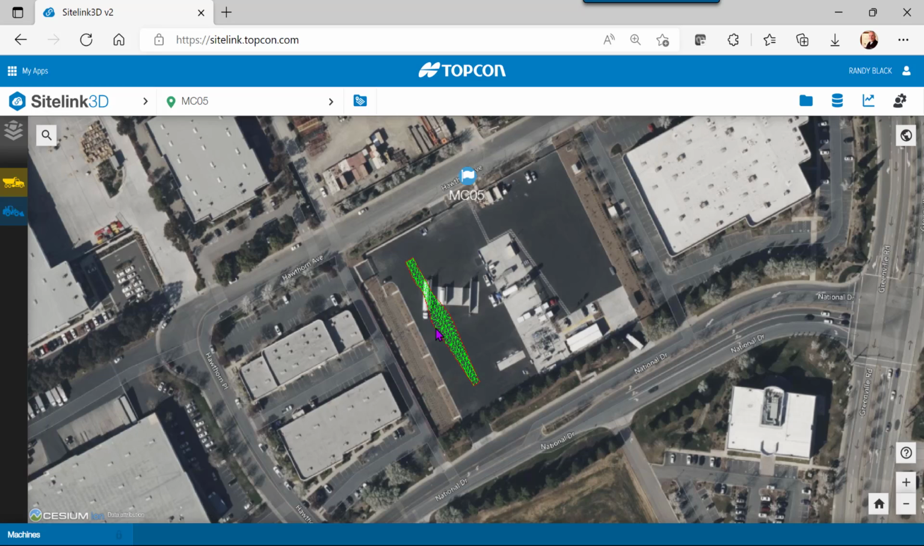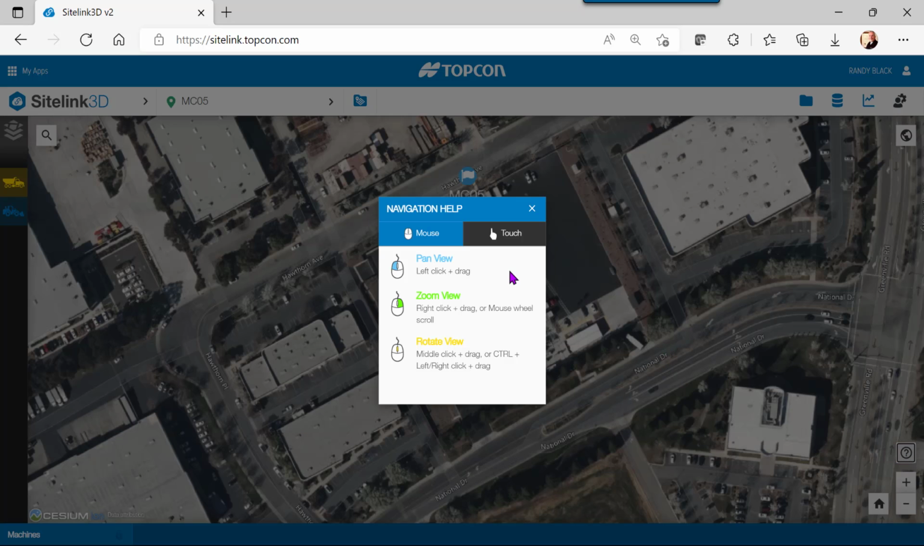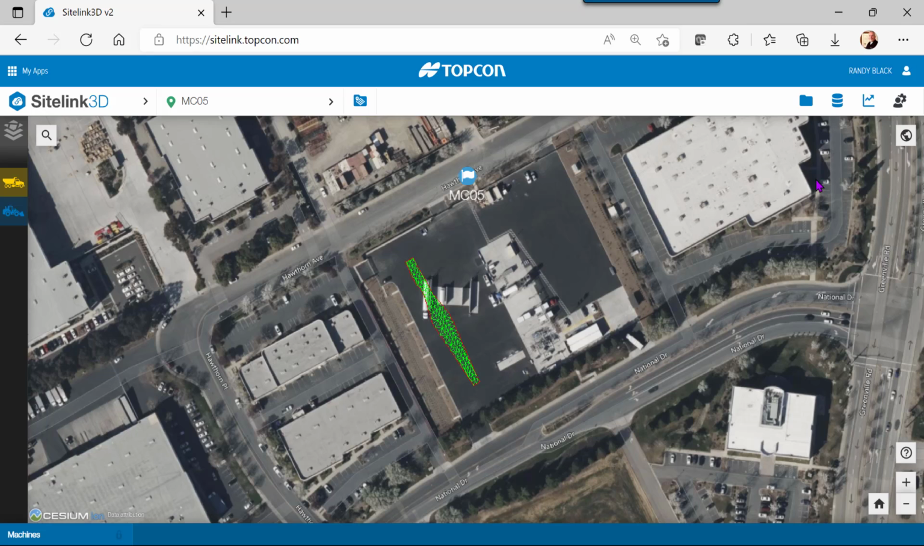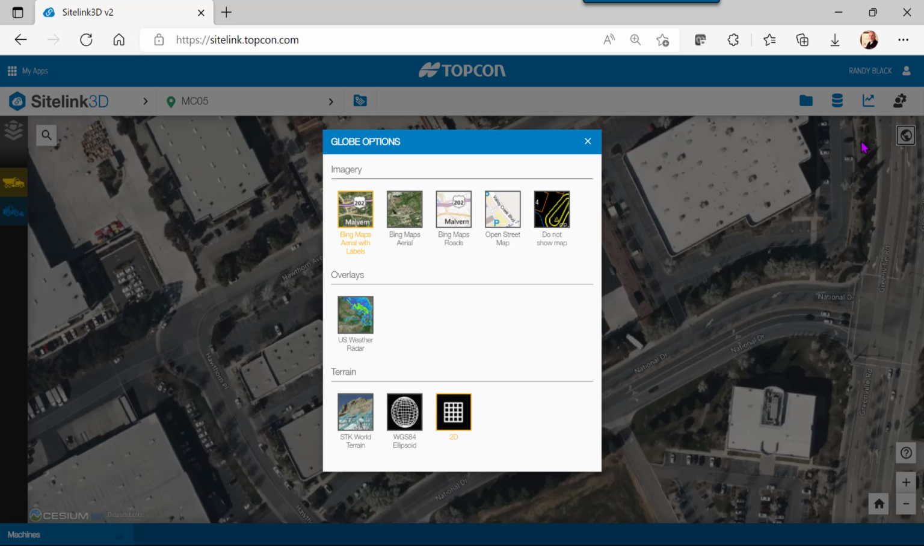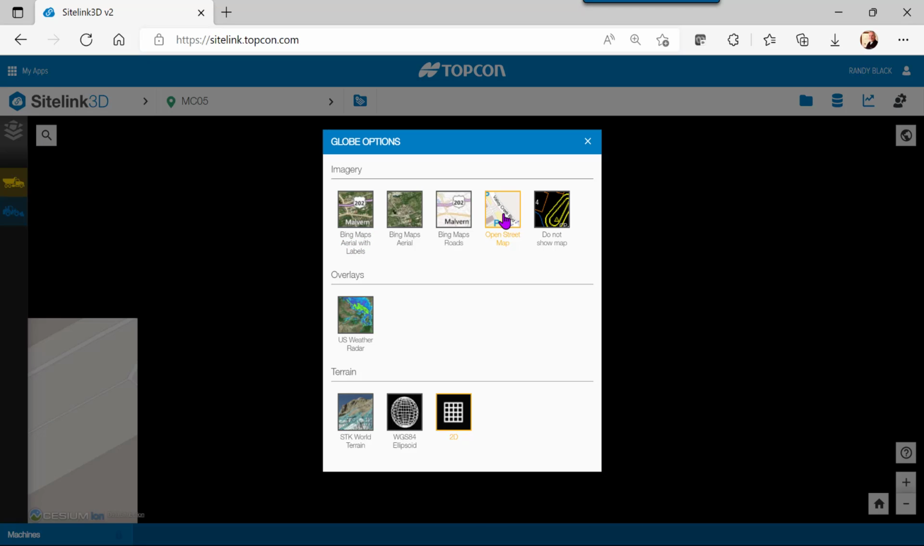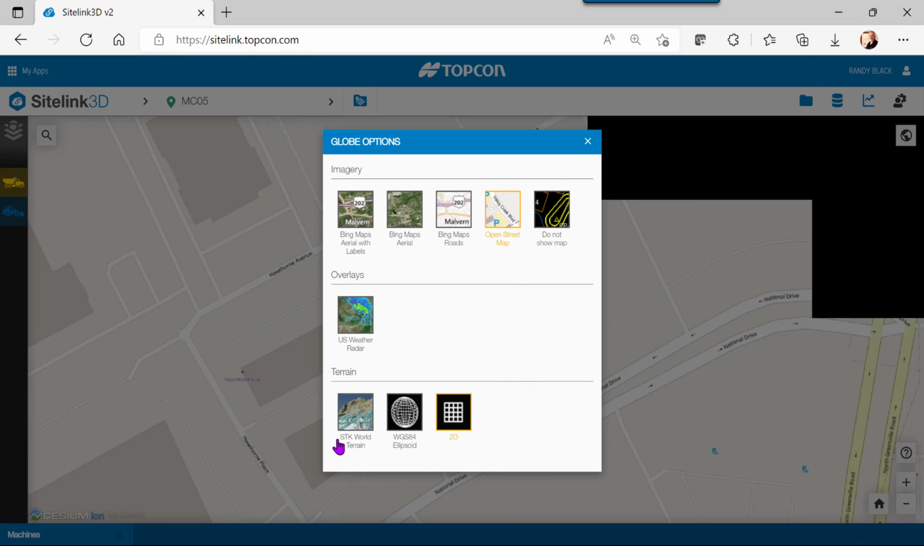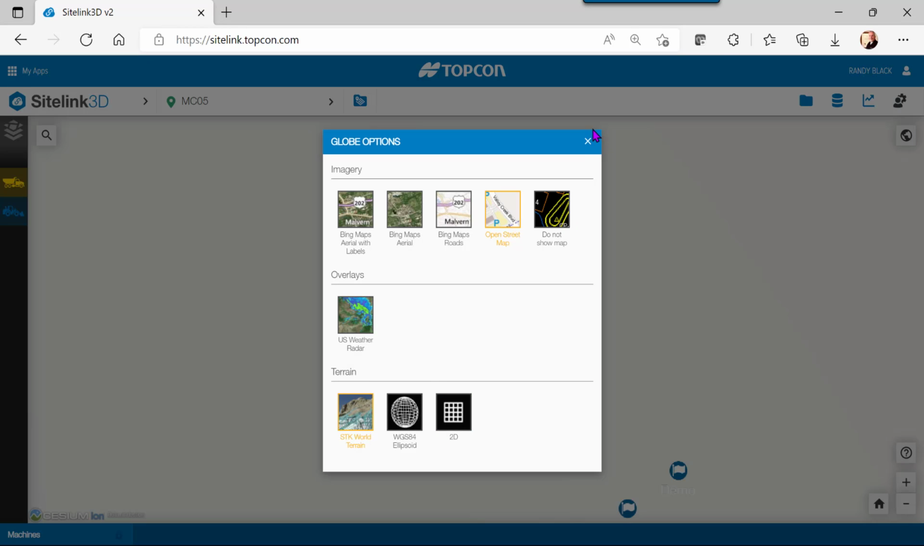Okay, now before we bring the dozer in, I want to change the view of this just so we have a better representation of the dozer moving along this particular job site. And one thing I did not show you, and let me show you this too. Navigation help gives you ideas as far as how to rotate, pan, zoom this particular map, either by mouse or by touchscreen. Okay, so I'm going to go up to this globe right here, and just in this example I'm going to turn on OpenStreetMaps,